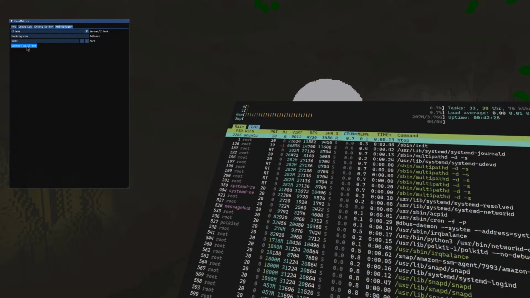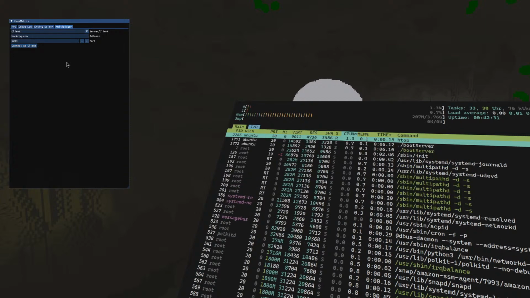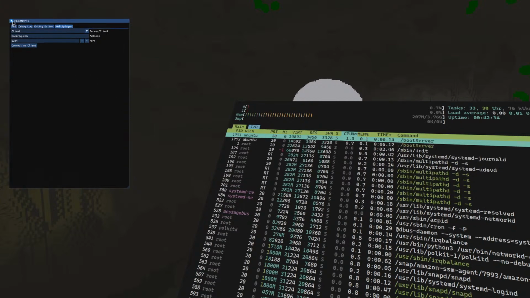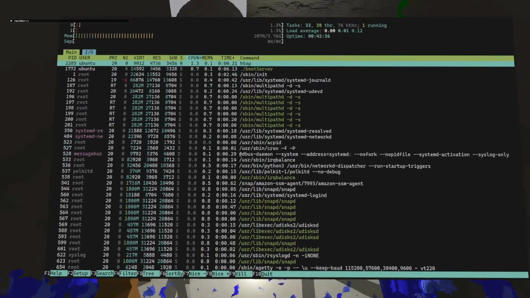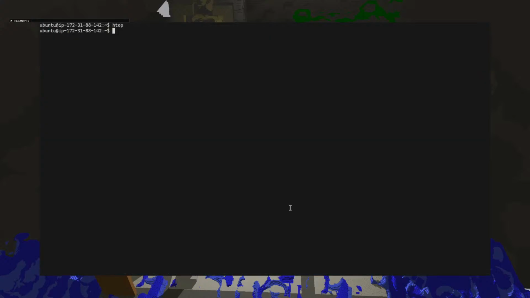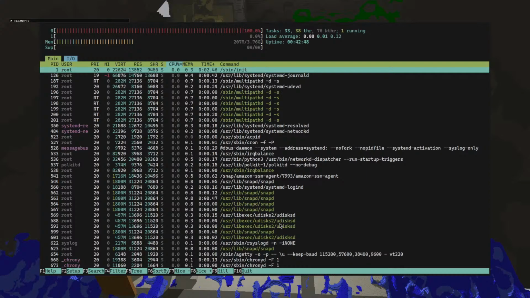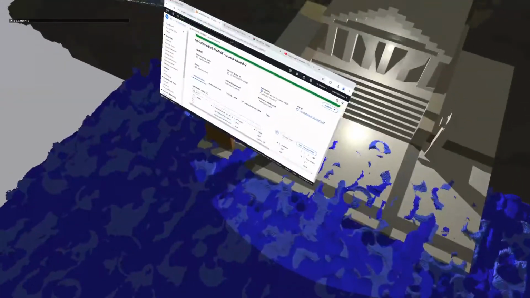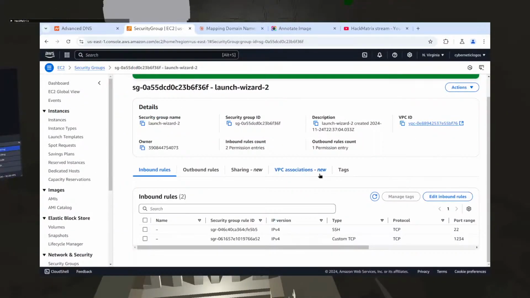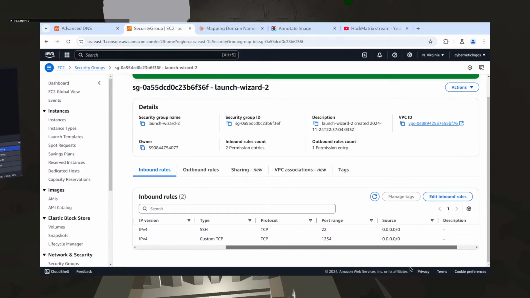Still not wanting to connect. Let's see if there are any logs coming out of the... Okay, that's as it should be, I guess. So do I have to restart the instance after I do this?